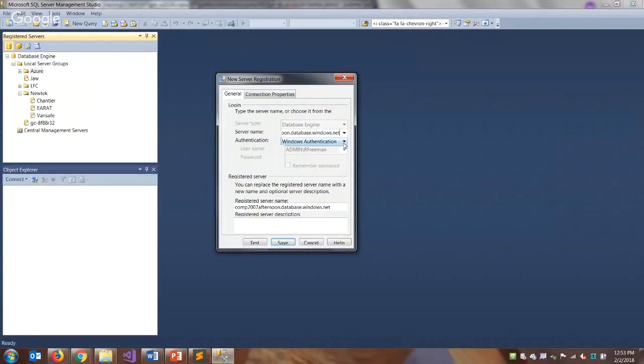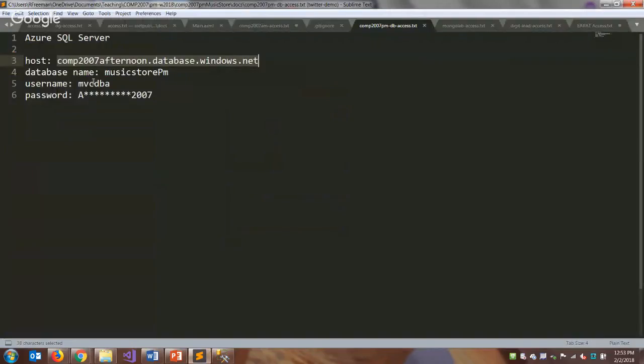Our authentication type needs to be changed. We're not using Windows authentication now. We're connecting to a remote server, so we have to put in a username and password. So change this drop down from Windows authentication to SQL Server. And now you need to enter the username and password you just created when you set up your database. So I will just grab